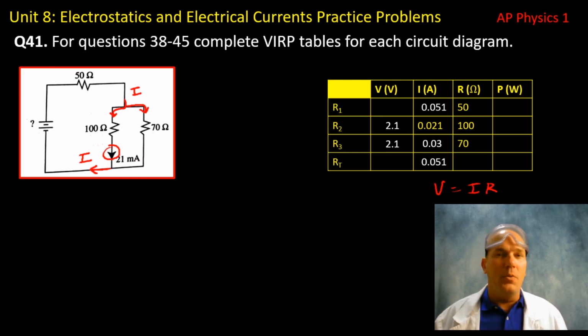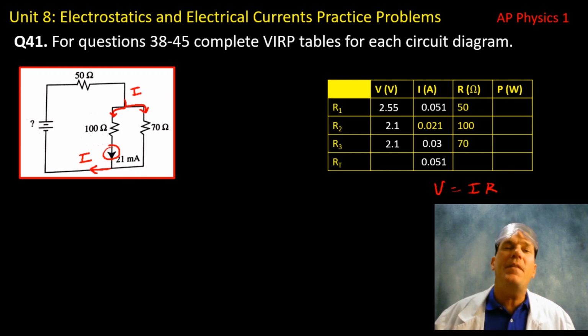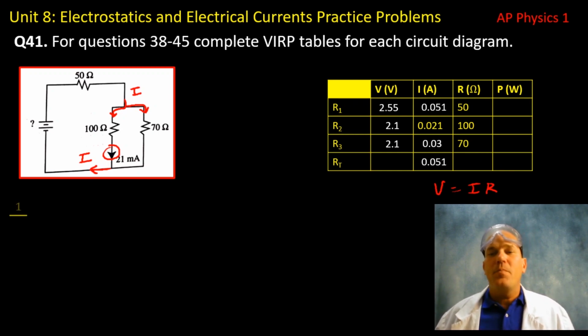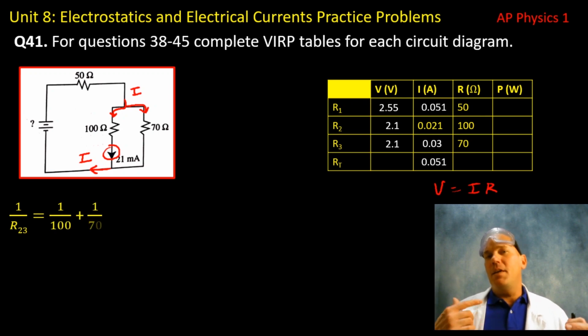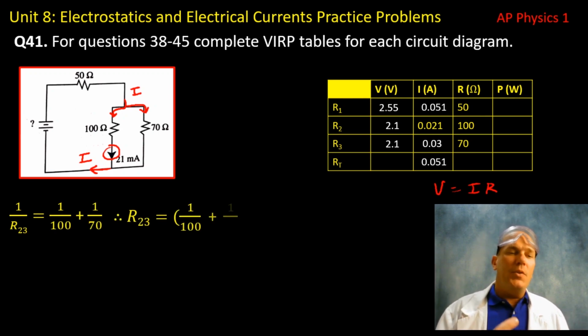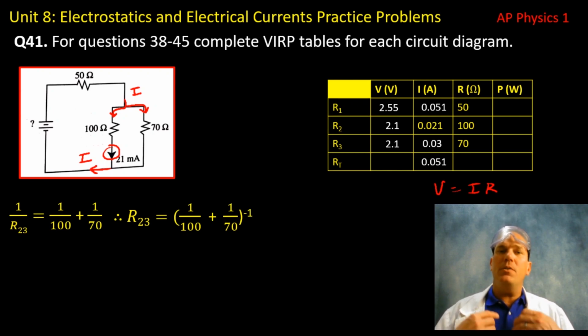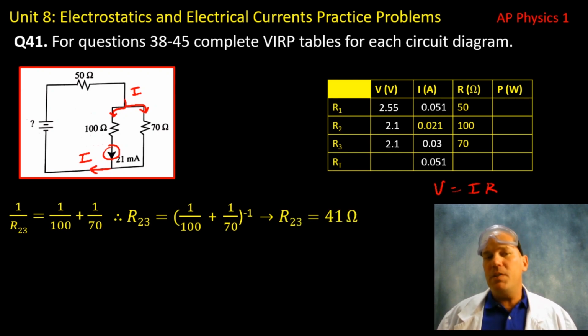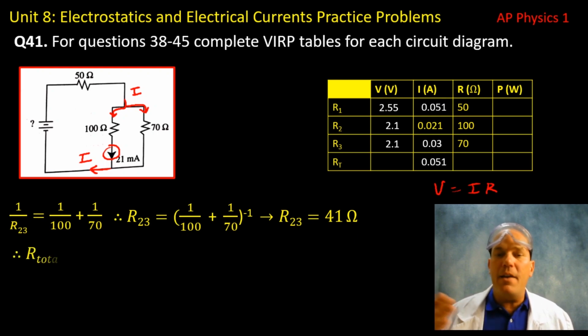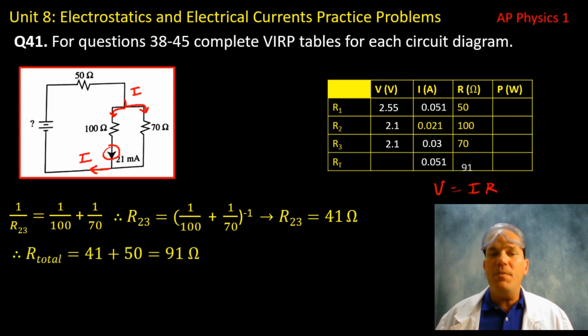Now we can apply Ohm's Law, and we can calculate the voltage across resistor 1 to be 2.55 volts. Lastly, we can then look at the equivalent resistance of 2,3, which would be 1 divided by 100 plus 1 divided by 70, and the inverse of that gives us an equivalent resistance for the parallel combination of 41 ohms. Note the use of subscripts 2 and 3 to denote that this is the resistance across resistors 2 and 3. We still need to add 50 ohms to this. 41 plus 50 gives a total